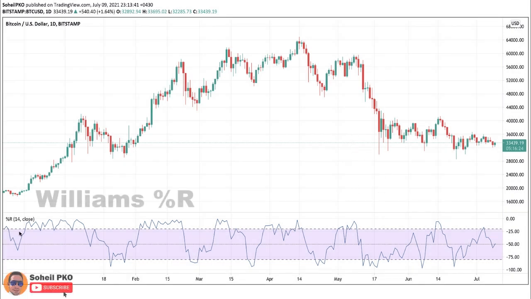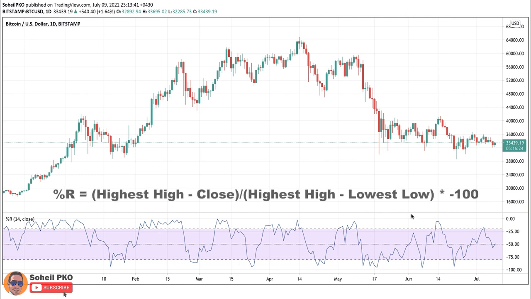Alright, here we go. We got Williams R% here below the chart. This indicator is scaled from 0 to -100 and actually it's an oscillator and it's moving above and below a center line which is -50 for this indicator. Williams R% is actually the inverse of stochastic oscillator. Stochastic oscillator is based on the level of the close relative to its lowest low, but here in this indicator the calculation of Williams R% is based on the level of the close relative to the highest high for a